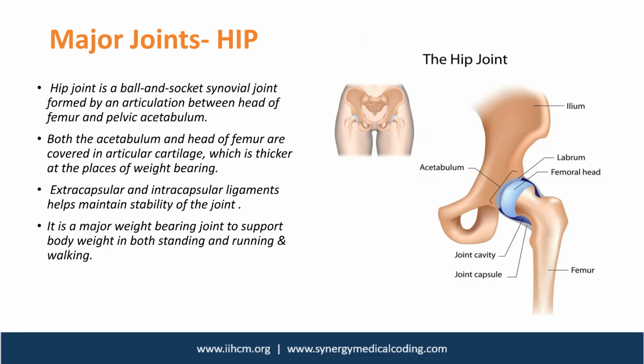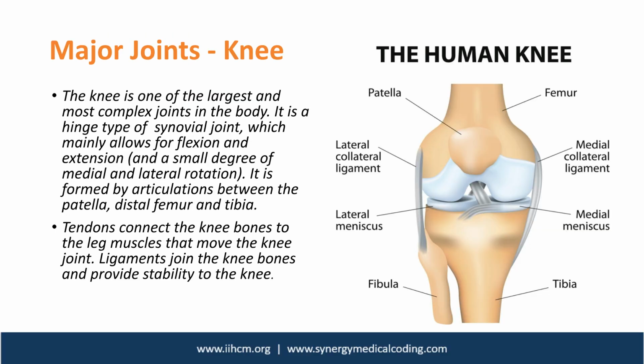The hip joint is a ball and socket synovial joint formed by the femur head and pelvic acetabulum. It is a major weight-bearing joint stabilized by extracapsular and intracapsular ligaments. The knee is one of the body's largest and most complex hinge-type synovial joints. It allows for flexion and extension and is formed by the patella, distal femur, and tibia, with tendons and ligaments